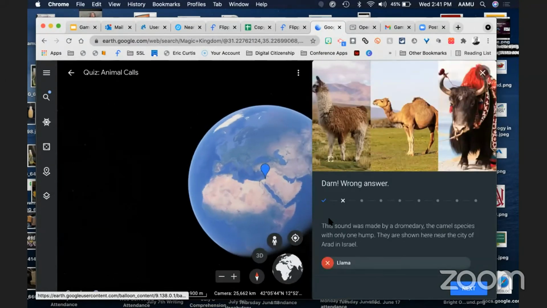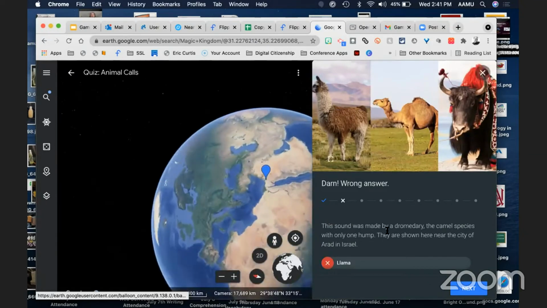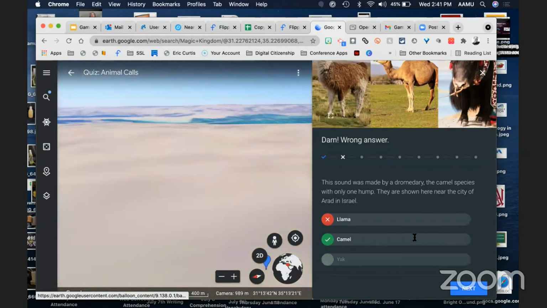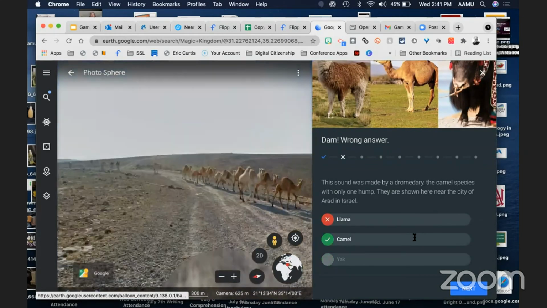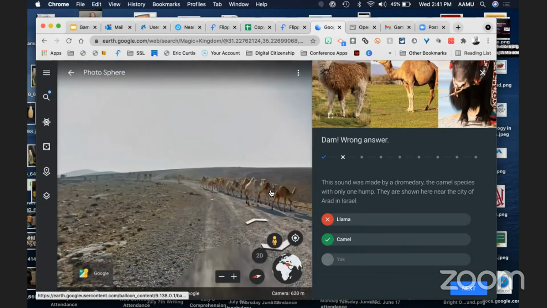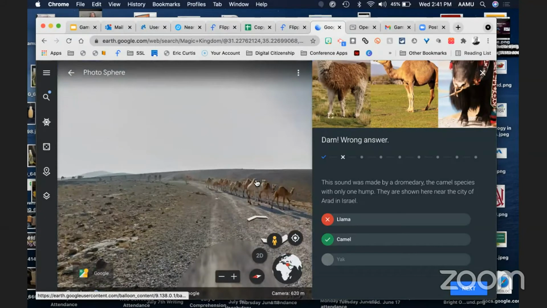Oh, I am wrong. This sound was made by the camel. So now it's going to take me to see the camel. And look at that. So just look at that. I mean, it is so cool. It's just all about the sounds. And it's actually taking me where we can view these camels, you know, and view the different animals.